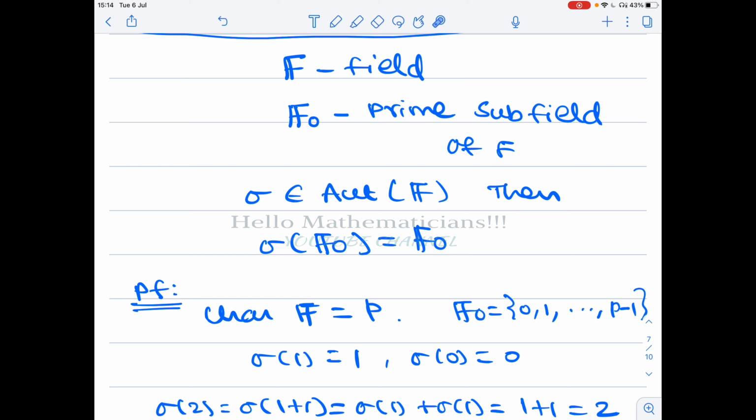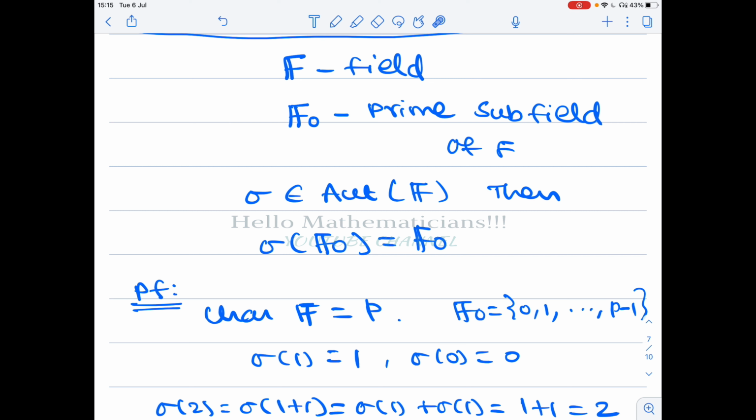Next, we come to a very important part of this video. I was preparing a few problems related to Galois groups asked in the CSIR exam. Then I needed these results regarding characteristic and the prime field. So I thought I'll make a separate video on this. In the next video I'll put up problems on Galois groups and field extensions, all those things.